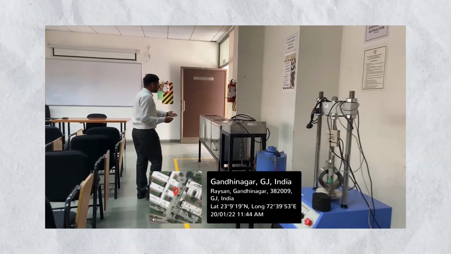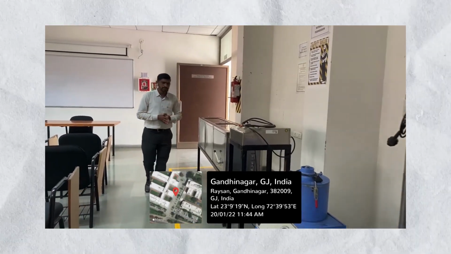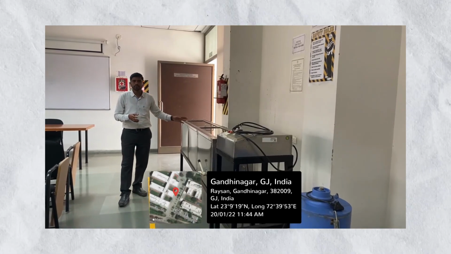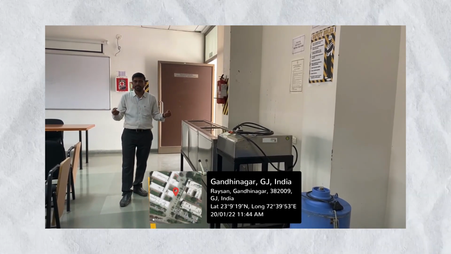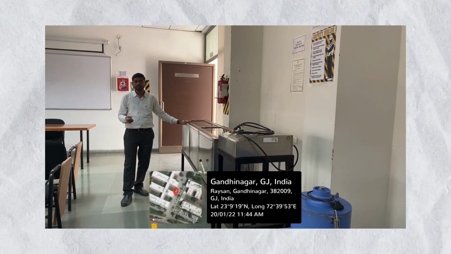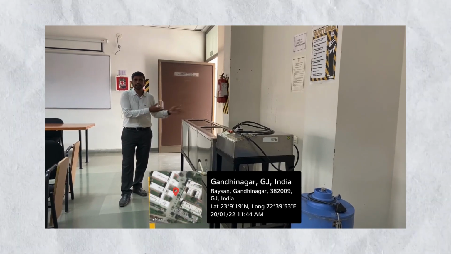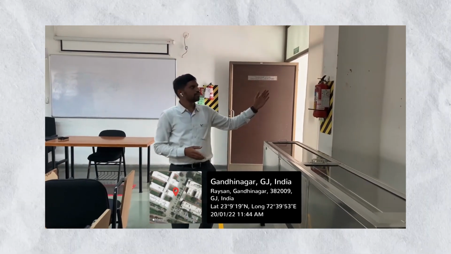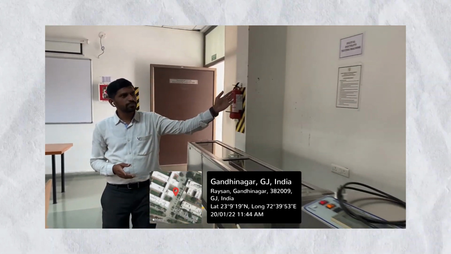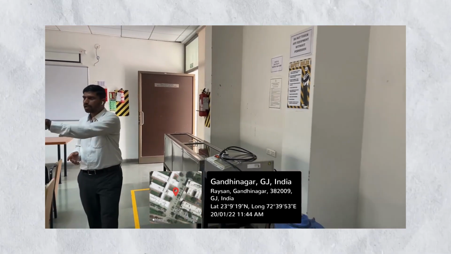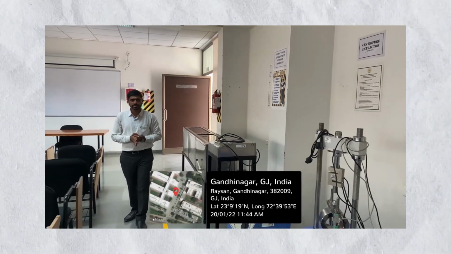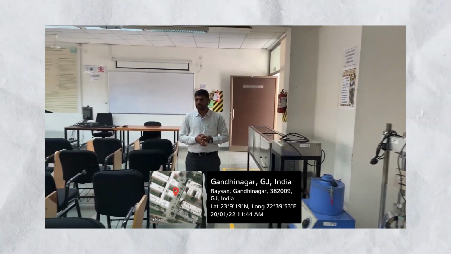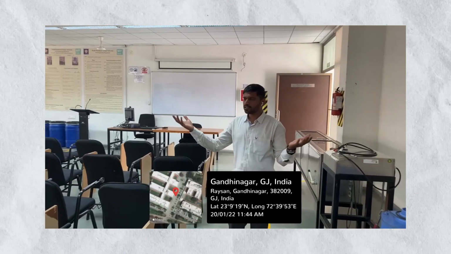Further, we have another setup. This is called a ductilometer. This instrument is used to measure the ductility of the bitumen. This is also part of the UG curriculum, the experiments we conduct as part of the UG lab. And you can see all the safety measures have been pasted all around the laboratory wherever necessary. I think this will show the ambience and the facility we have at the Transportation Engineering Lab. Thank you.